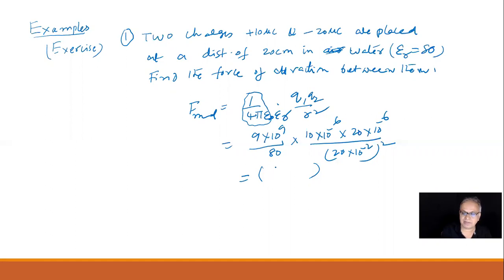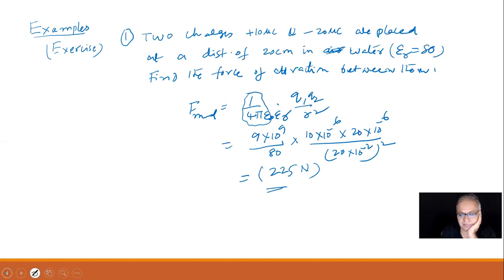The numbers. You want me to do this for you? Not a good idea. I have no problem in doing it. Few steps. Sir, it's 225. 225 only newtons. All right, I'll believe you. And if somebody has an objection, just check it. So I'll go for the next question.